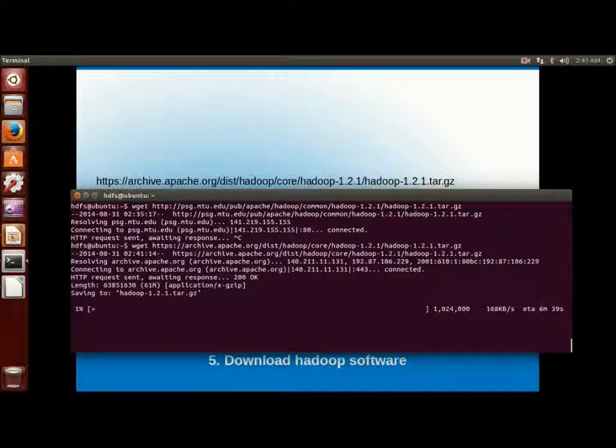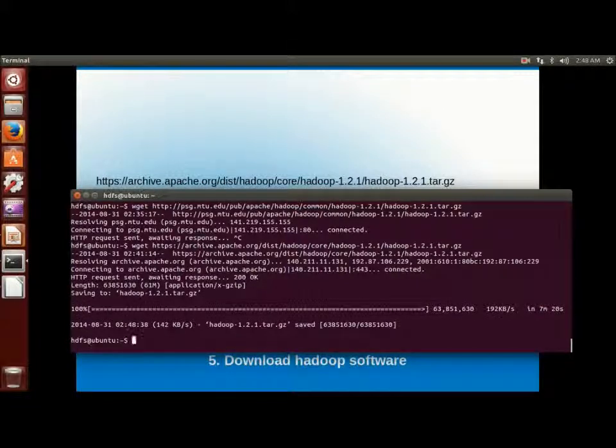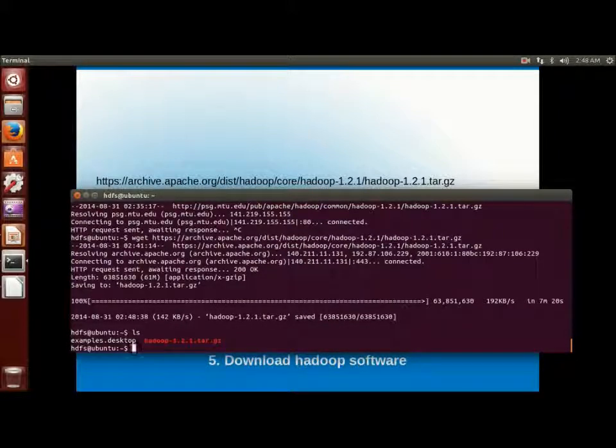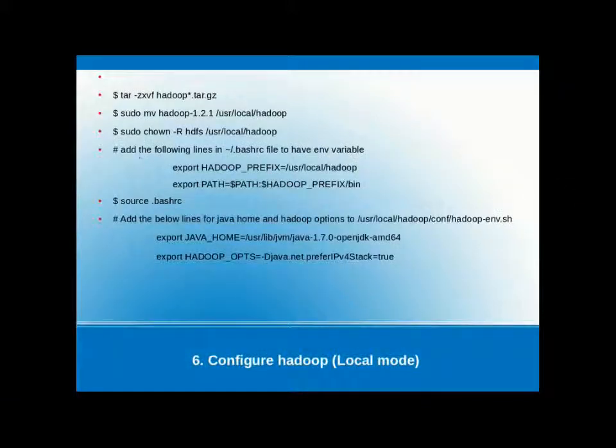The tar file may take 5 to 10 minutes to download. Okay, it has successfully downloaded the tar file, and it is showing under home directory of HDFS.